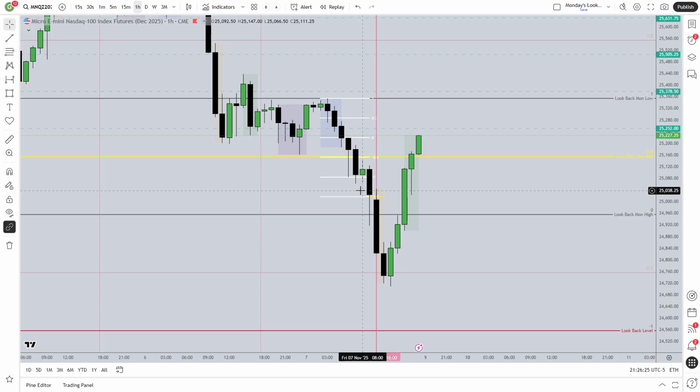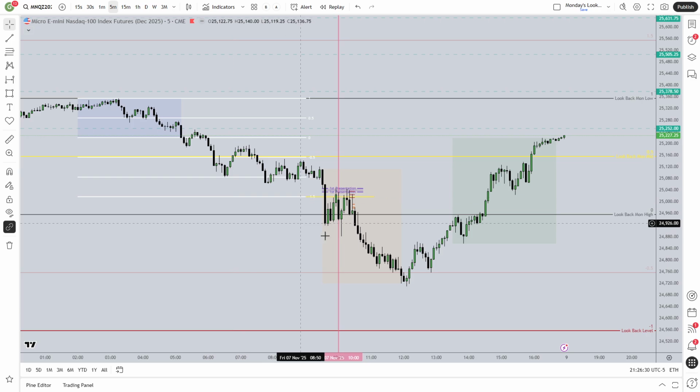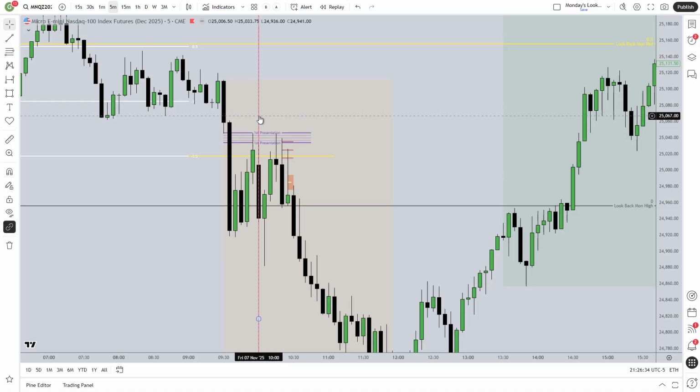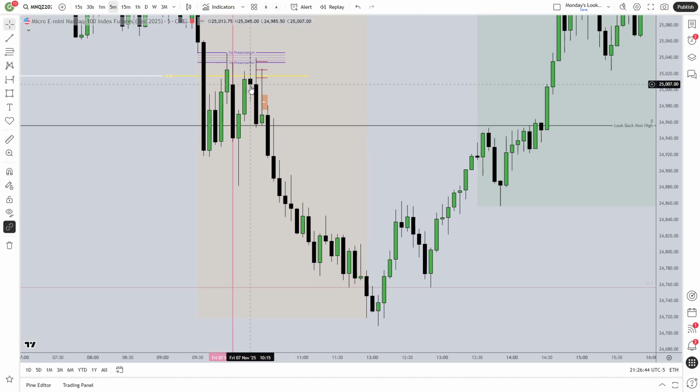Then price breaks lower naturally. So back to that 5-minute chart where price clears through ISM, breaks the structure, revisits the first presented fair value gap. We have an order block here on the 30-second all around London's extension. And then we see the break of the look back low after news, a revisit of the look back low, sensitivity, sweep,